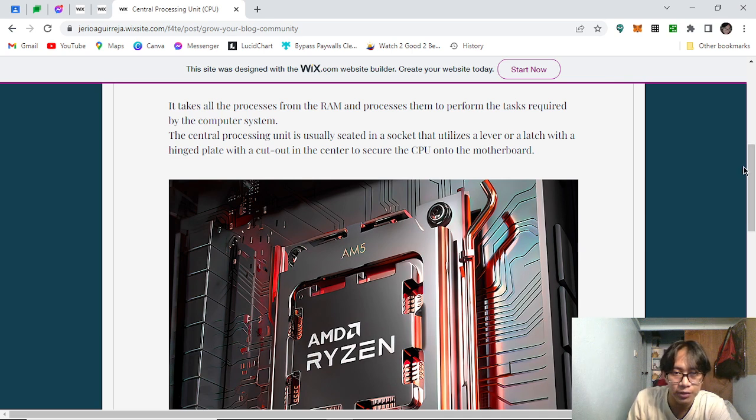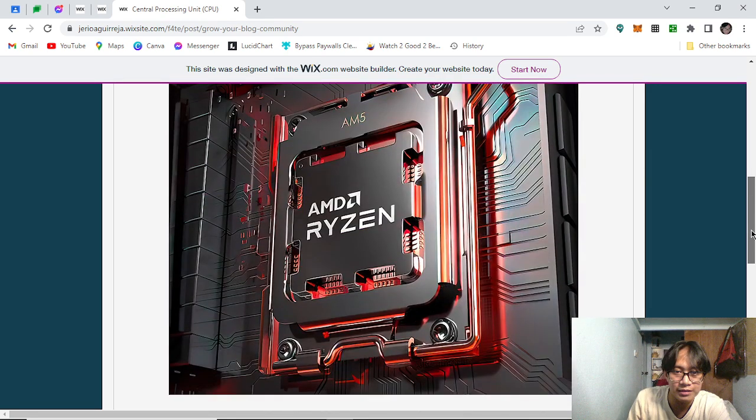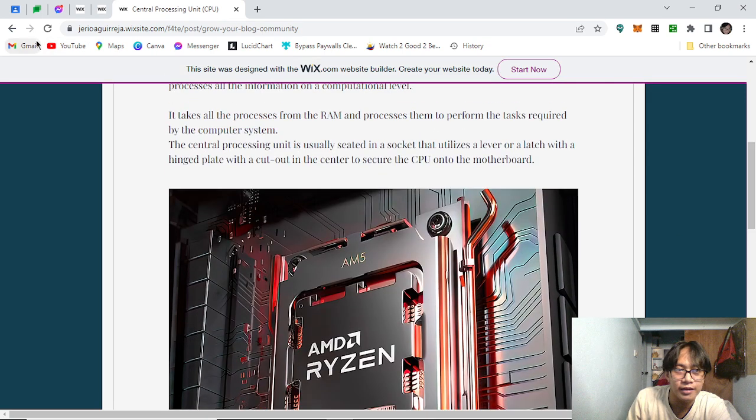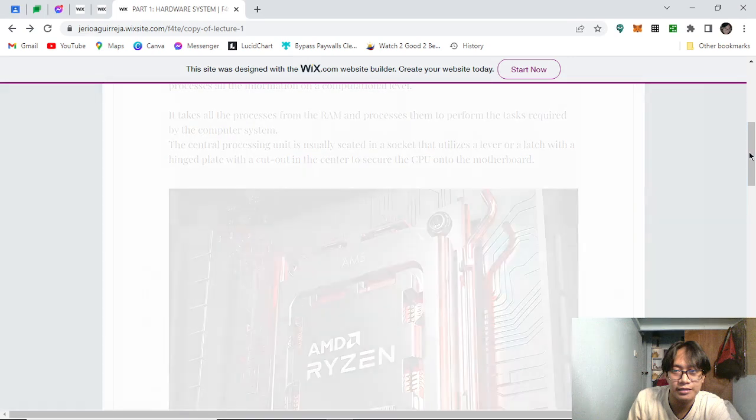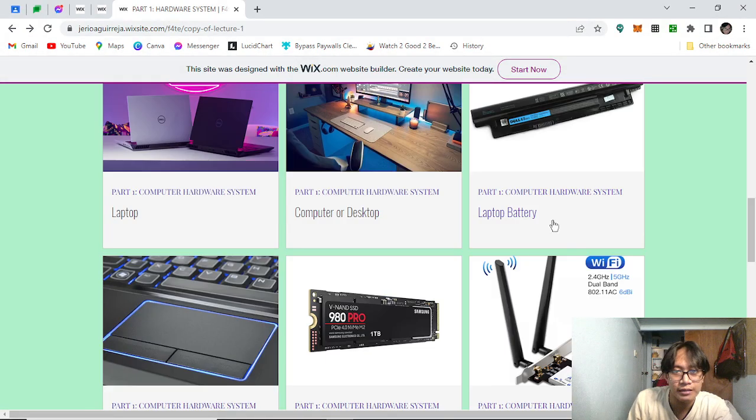The central processing unit is usually seated in a socket that utilizes a lever and a lash with a hinged plate with a cutout in the center to secure the CPU onto the motherboard. And this is the AMD Ryzen, the latest CPU. And that's all